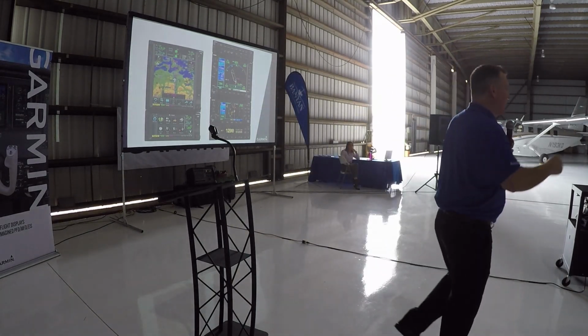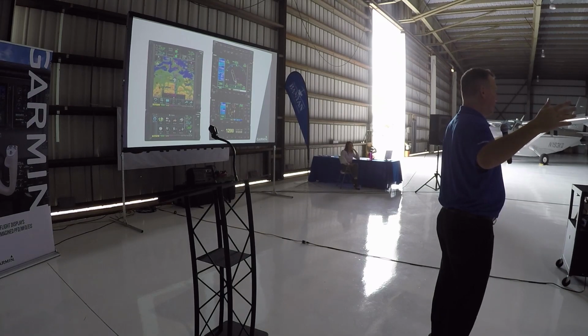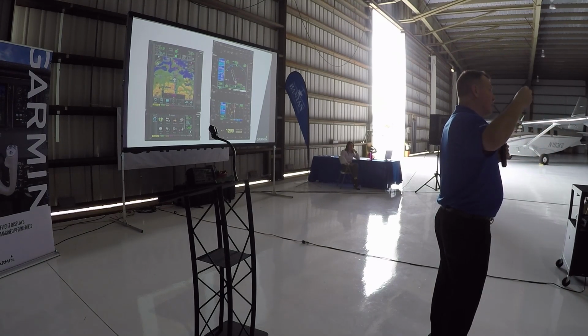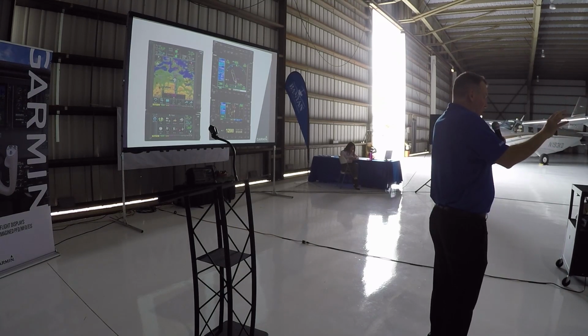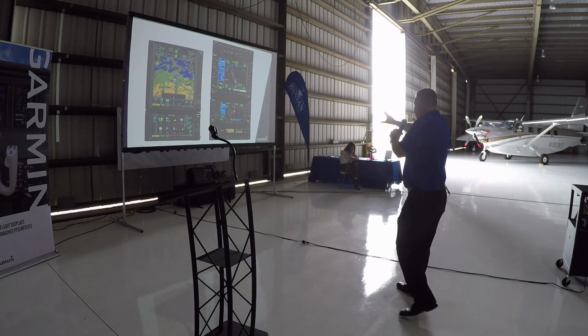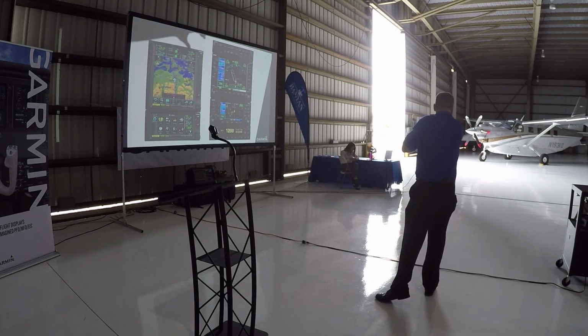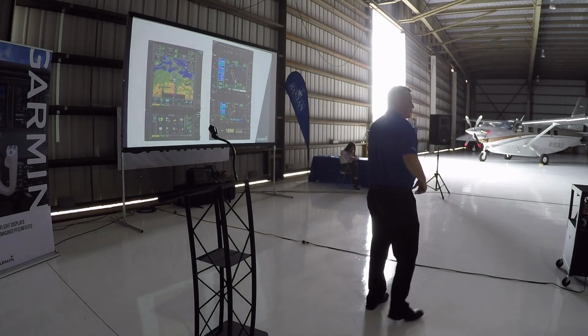So why do you go to an integrated panel? Well, they say that 1 inch on an aircraft panel is like a foot in a boat. It's pretty precious real estate, right? So you can save about 3 inches of vertical space on the panel. And if you can save vertical space, that means that you can pull more components close in to your primary flight of view, so you're not having to reach all the way across the panel and look across the panel to control and display the